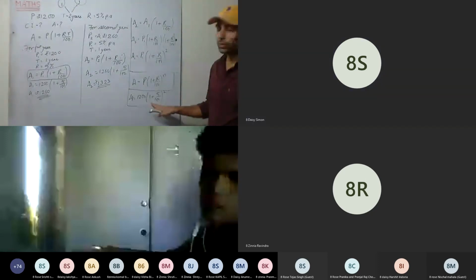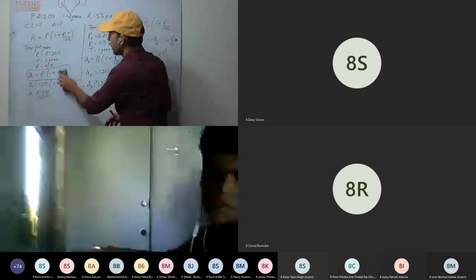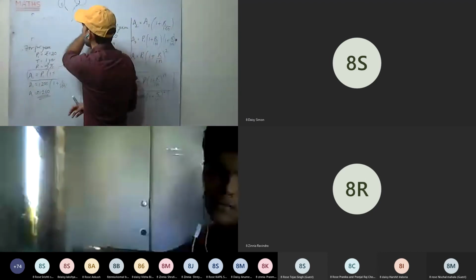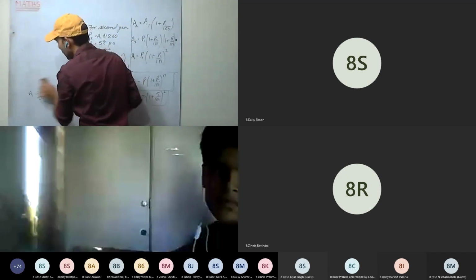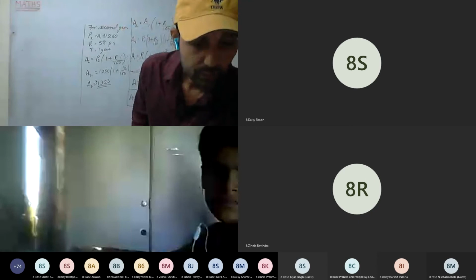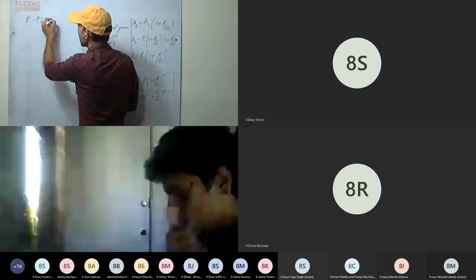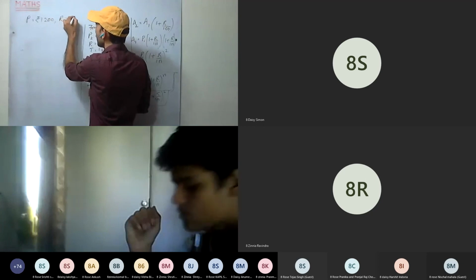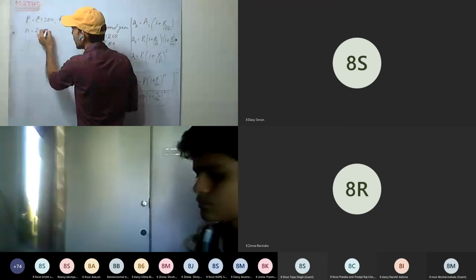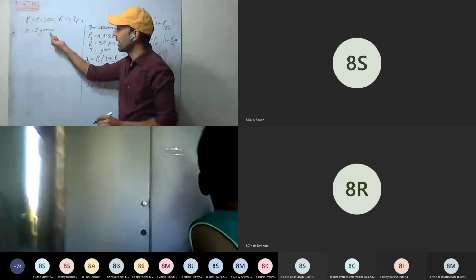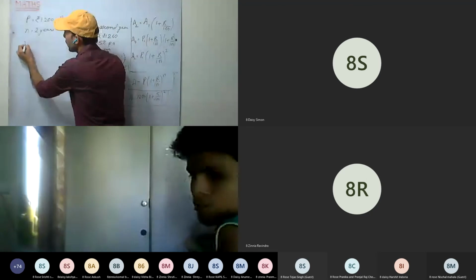Okay. This is clear. First question is clear to everyone. I'm rubbing this part. Okay. Now, first question again, I will be discussing a little bit using the formula how we are going to do. So, principal is given rupees 1200. Rate is given 5% per annum. And the number of years is 2 years. Always check N is in years, rate should be per annum. Now we have to calculate amount.